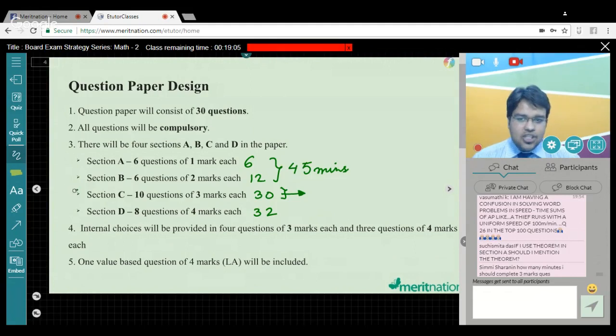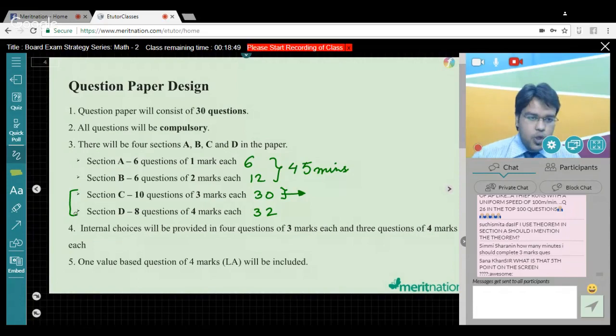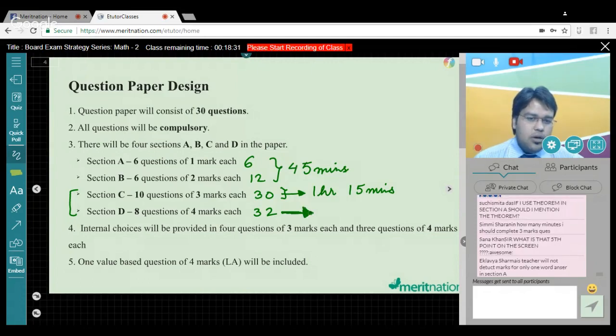For me, section C and D is the basic examination. Section A and B is like, okay, sir, a cakewalk. It's a picnic. Okay, 1 mark question, 1 word answer. Okay, I'll do that. That's more like an objective question rather than a subjective question. So make sure that in section C and D, you are very attentive. You do not lose out on concentration. So section C, you can take about 1 hour 15 minutes. And lastly, the most vital of them, the long answer type questions. For that, you can take about, of course, 1 hour.